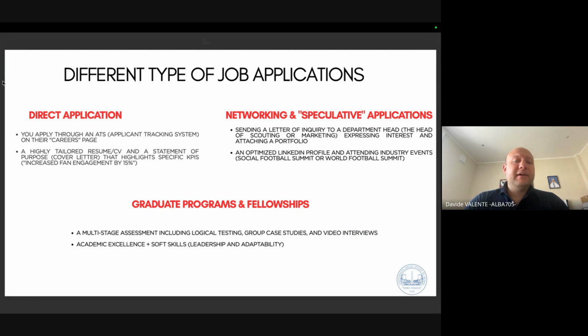Otherwise, we have graduate programs and fellowships. It's something that's up to you because you have to be ready to find a job and to find a club, an association, a company where you want to work, and maybe you can show that to the university. But from my point of view, it's more up to the university to create a great network with companies, clubs, and associations, in our case for the sports market,